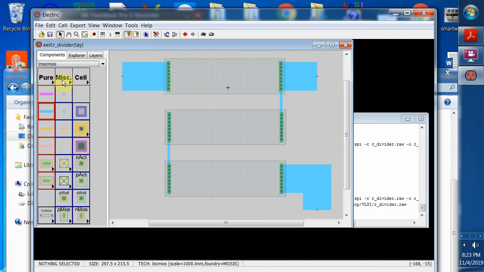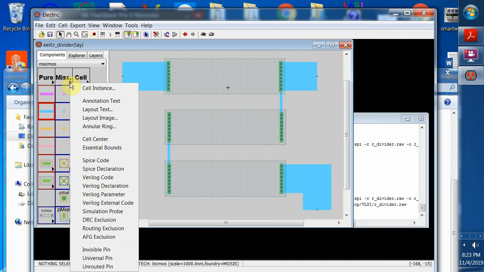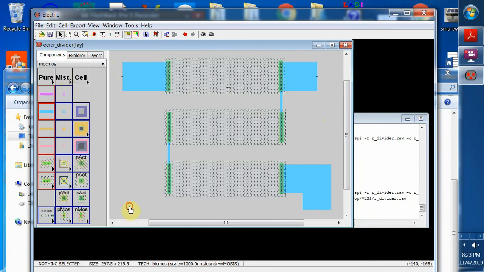You need to go to the miscellaneous option and then bring up the pull down menu, and then you have the same thing, SPICE code, where you can define the SPICE code,